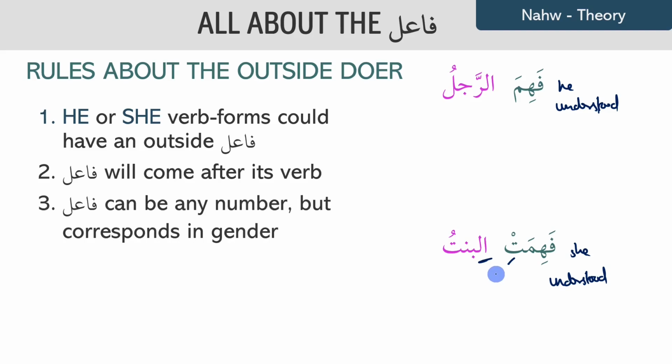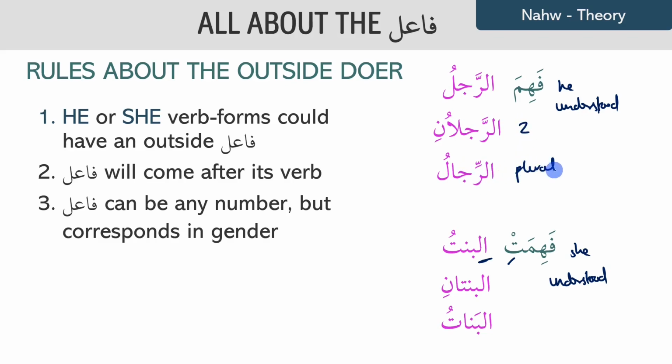Rule number 3, the fa'il can be any number but must correspond in gender. So for example, you can say fahima rajulu, fahima rajulani, or fahima rijal. So rajulani is 2 men and rijal is men, is the plural. The inside fa'il is the huwa. However, when there is an outside fa'il, the pronoun inside gets fired and the outside fa'il takes over. However, only the huwa and the hiya can be replaced with any number, and the rest of the sigha, they